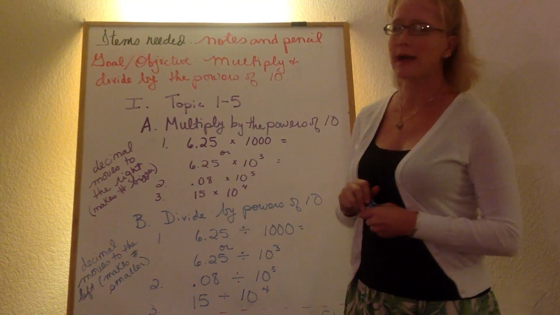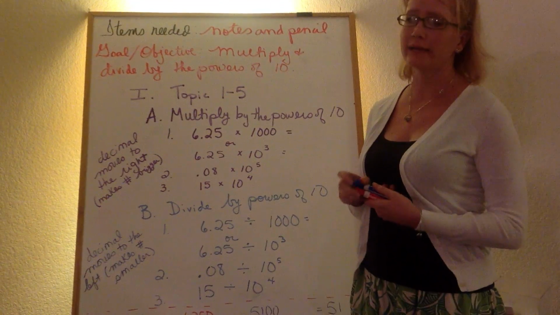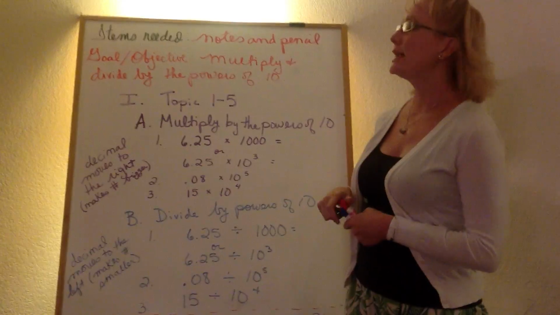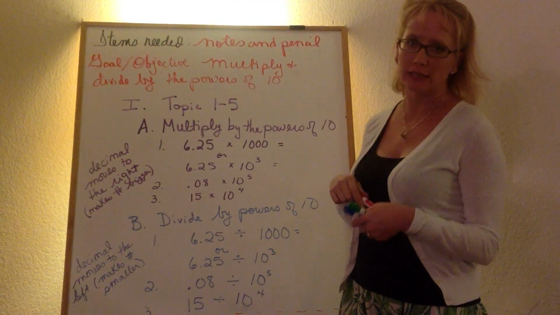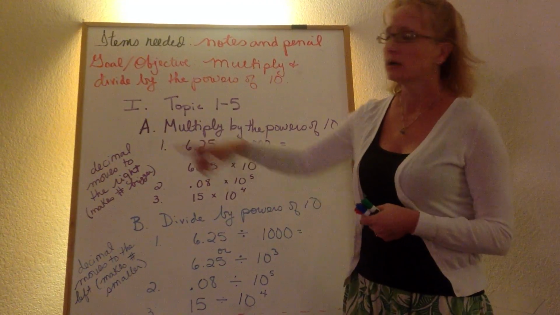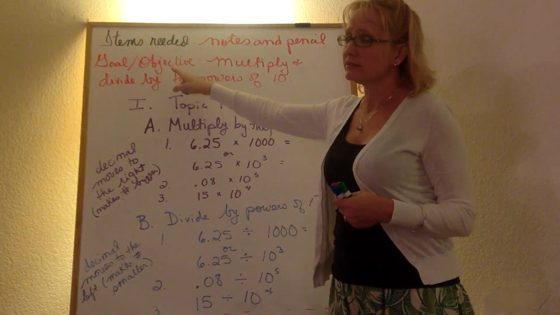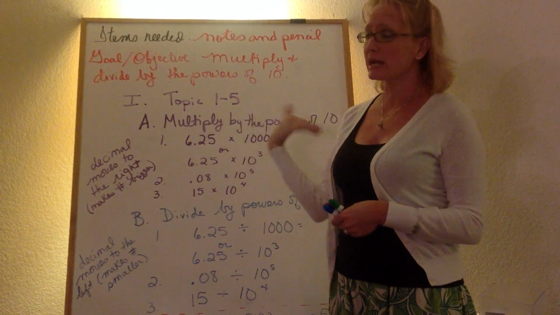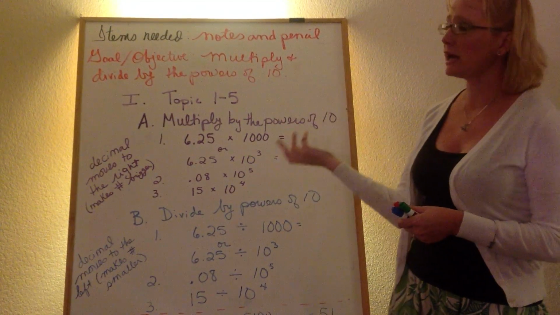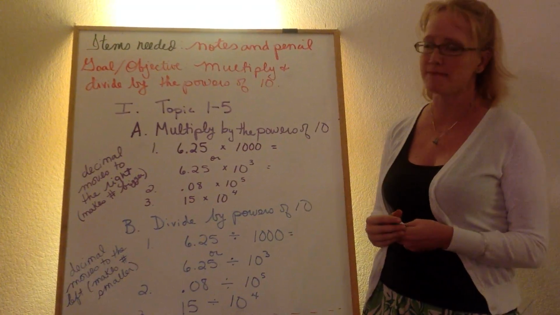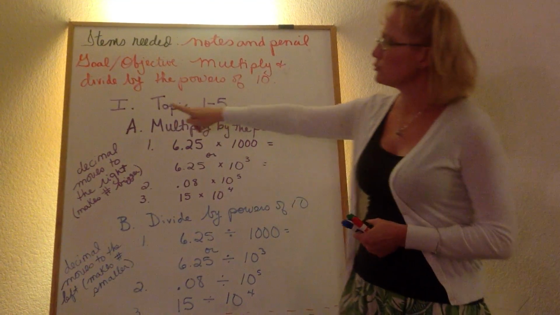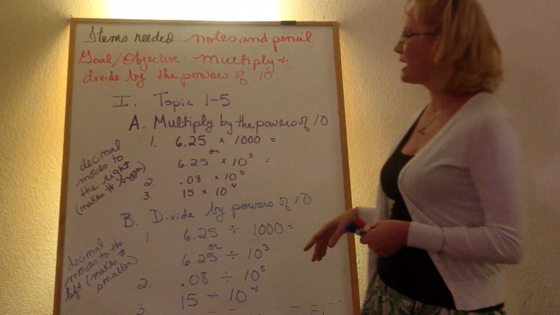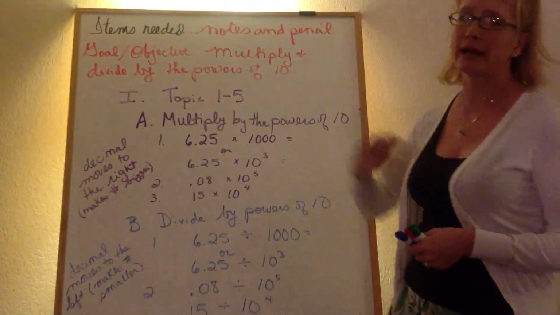Okay, so we are now on topic 1-5, and this is a pretty fun topic. And you're going to need today just your notes and your pencils. Our goal is also called our objective. We're going to use a big kid word now. Our objective is to make sure that you can multiply and divide by the powers of 10. So write in Roman numeral number 1, topic 1-5, and first we're going to talk about multiplying by the powers